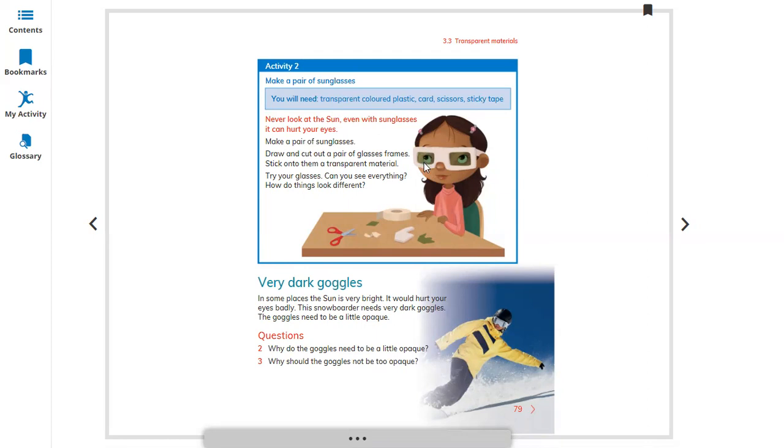If it's with color, you can see according to the color, because when it's another color and not transparent, a little bit with color, it's blocking some portion of the light source. Very dark goggles. In some places the sun is very bright, it would hurt your eyes badly, and snowboarders need very dark goggles. Why? Because when the sunlight touches the snow, it's reflecting into your eyes,